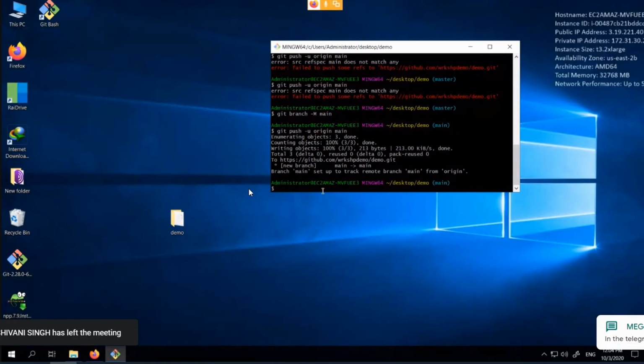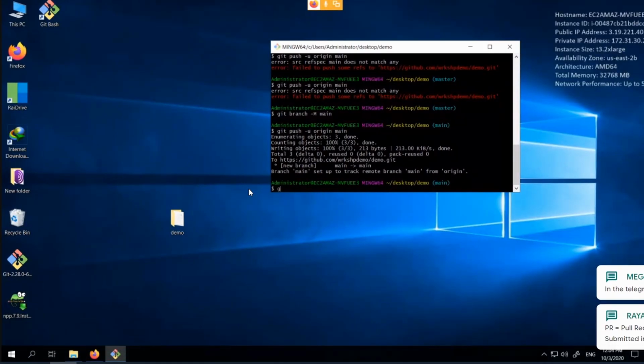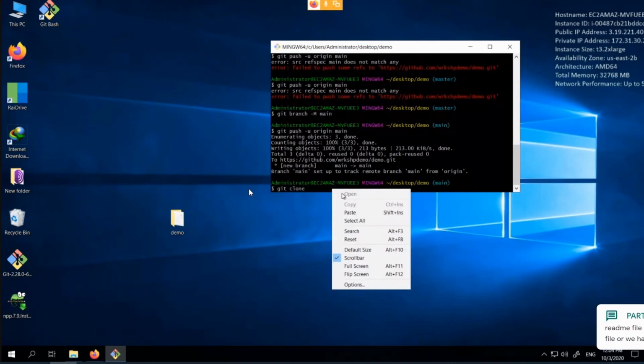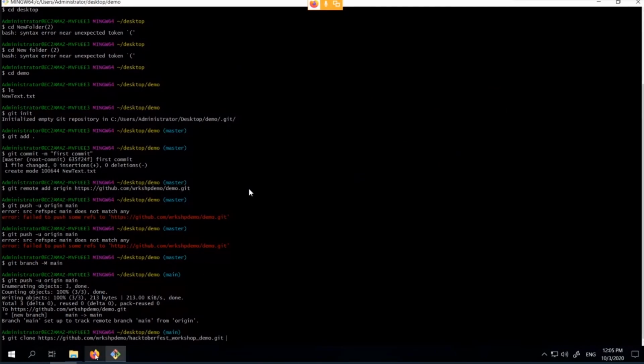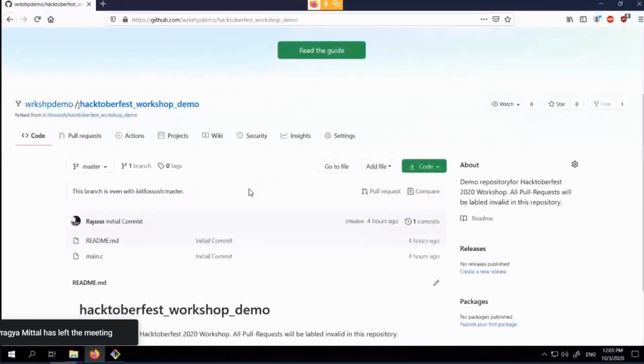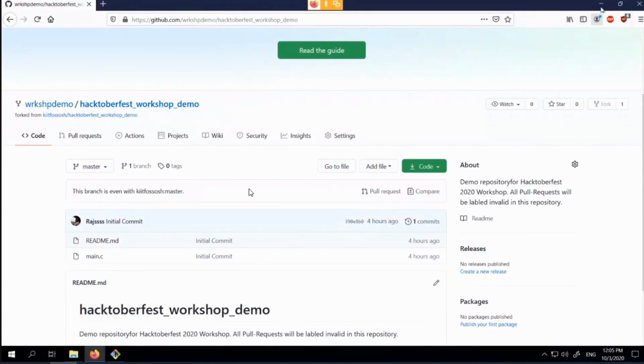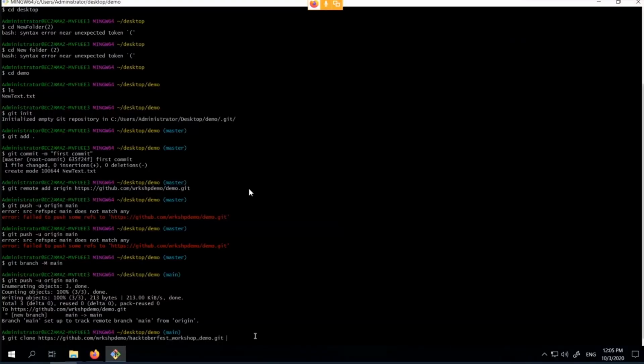and to clone the repository, you type this command, git clone, and the link to the repository. And since the repository will be cloned somewhere, it will be cloned with the name that the repository has. So the repository which you clone will be named Hacktoberfest workshop demo. If you want some other name, you can name it, for example, demo or workshop demo,